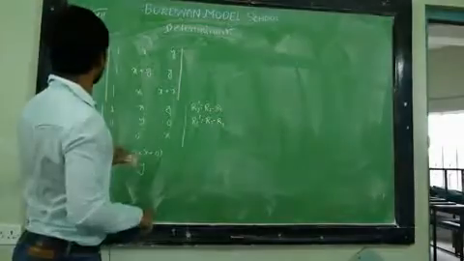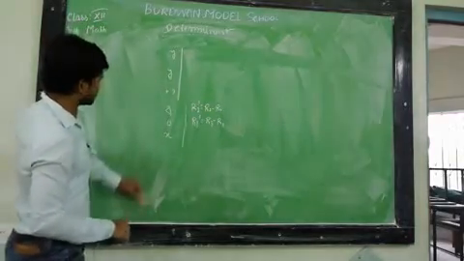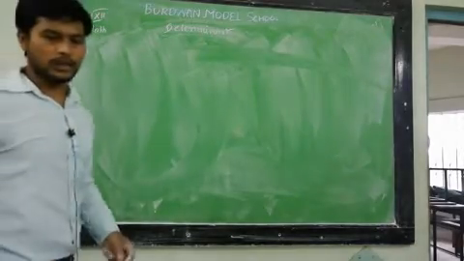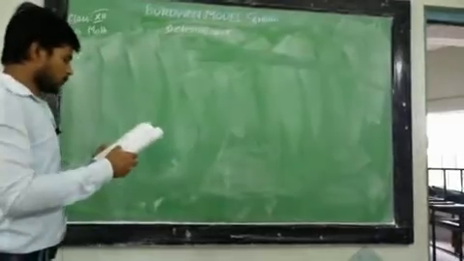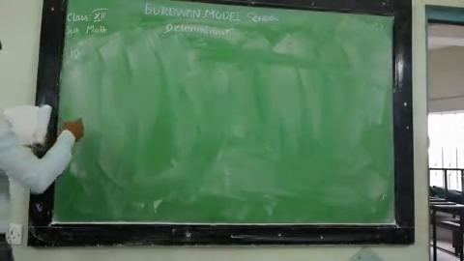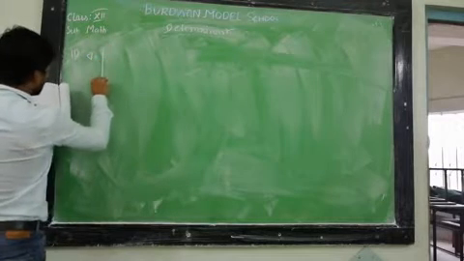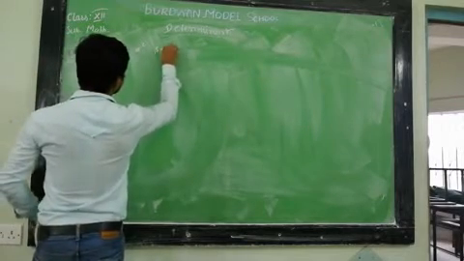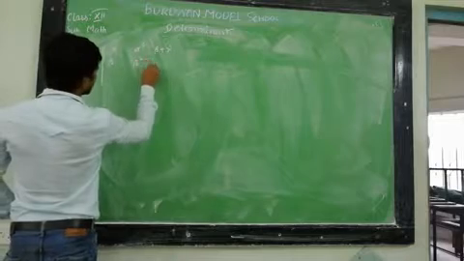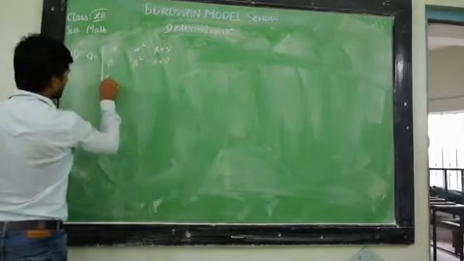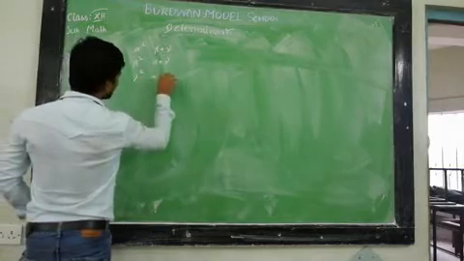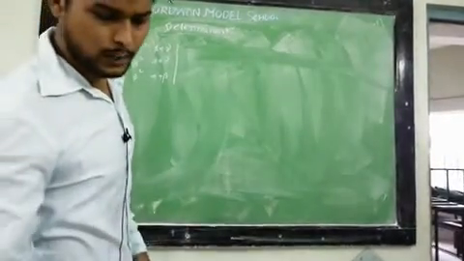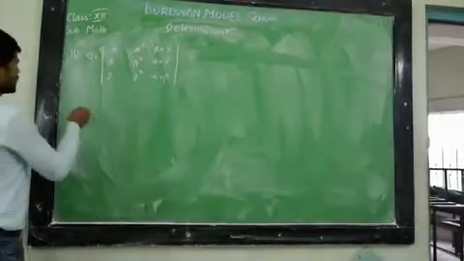Okay, now let's move to the next question, question number 11. Question number 11 is: using properties of determinants, prove that the determinant with rows alpha, alpha square, beta plus gamma; beta, beta square, alpha plus gamma; gamma, gamma square, alpha plus beta is equal to alpha minus beta, beta minus gamma, gamma minus alpha into alpha plus beta plus gamma.